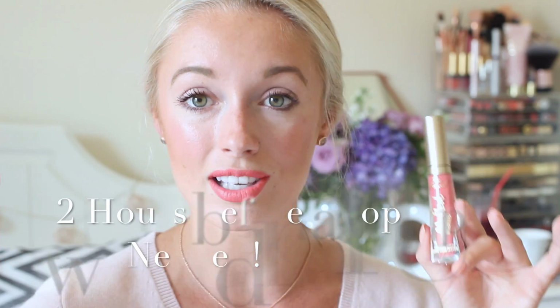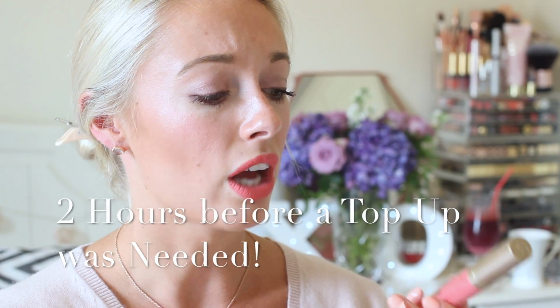Texture wise, this is not drying in the slightest, or it doesn't feel drying at all right now. Remember, I did put balm on about 20 minutes ago, so that's definitely going to have helped, but it feels so comfortable on my lips and I do not feel like it's going anywhere. So once again, I'll write on the screen now how long this lasted, but I have got good feelings about this. It feels really comfortable, it looks great, colour payoff is fantastic,